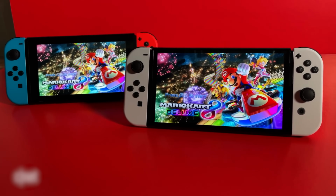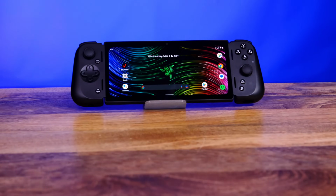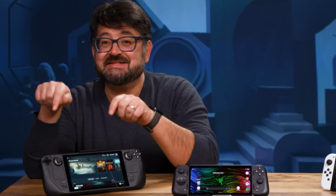The future of handheld games has never looked brighter. There are so many to choose from, and this isn't even all of them. But one of the newest is the Razer Edge. I just wish that it was a little more like two of the best ones out there, the Steam Deck